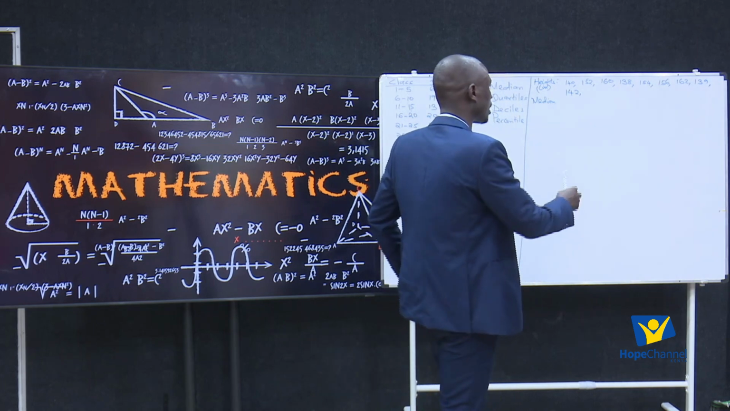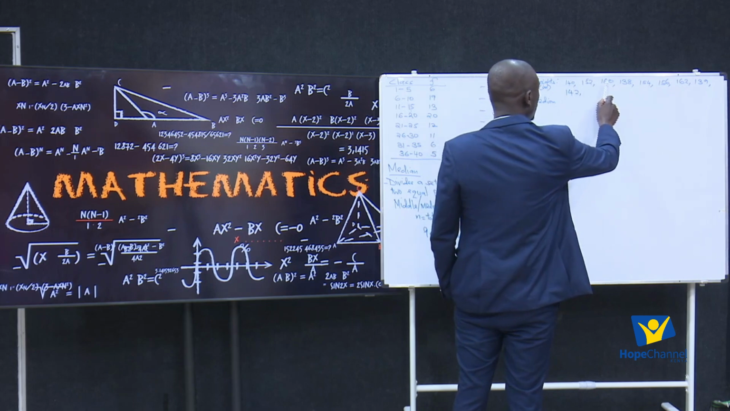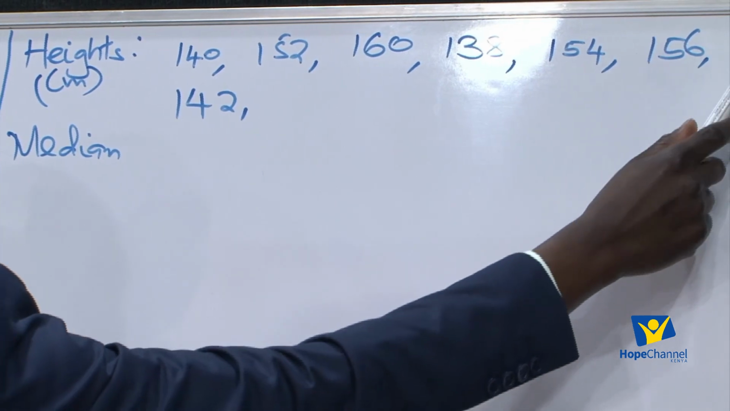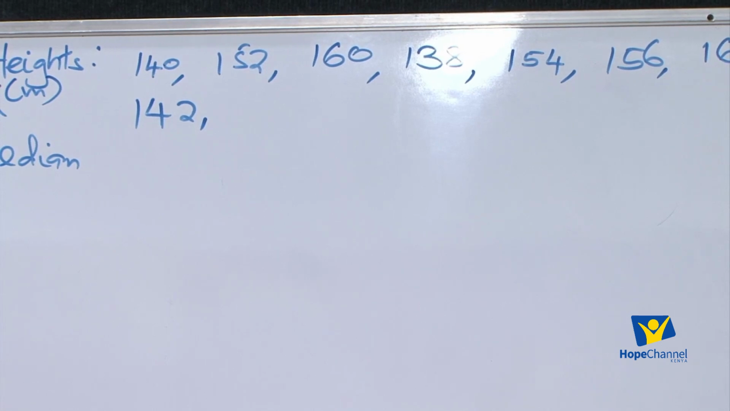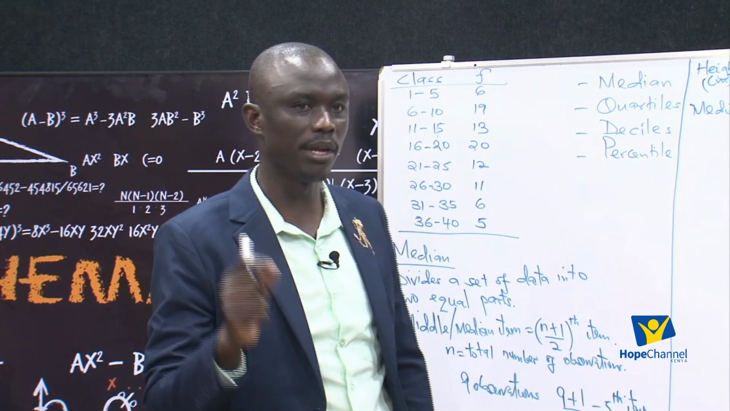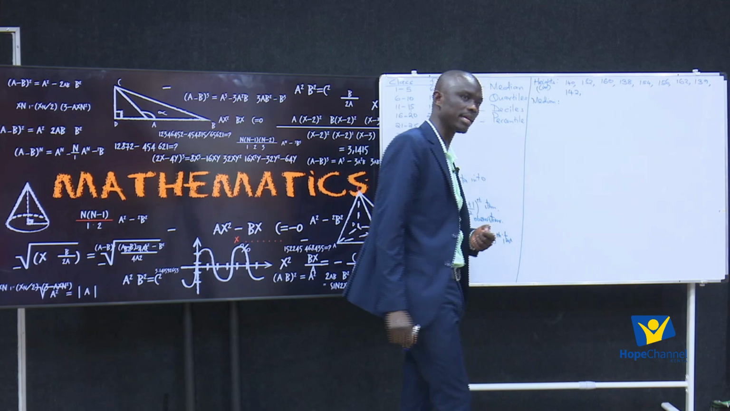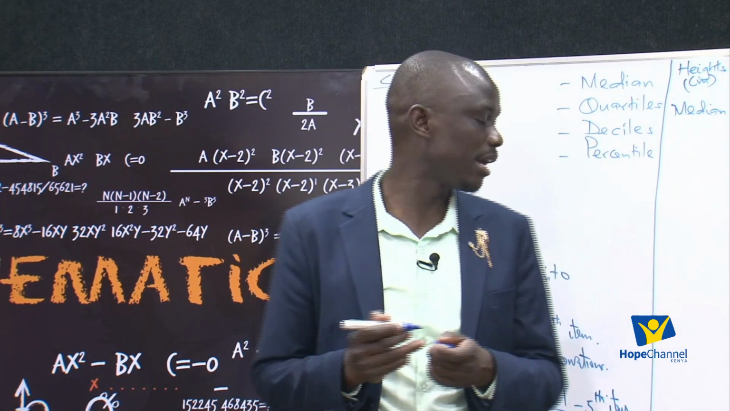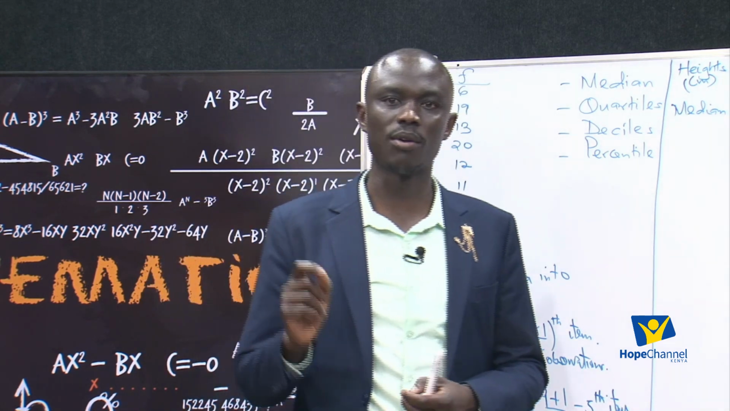So let's count how many observations we have here: 1, 2, 3, 4, 5, 6, 7, 8, 9. So we have 9 observations. We want to know which data is in the middle, that is the median item. What you need to note before you even ask which number is in the middle is that statistical data require